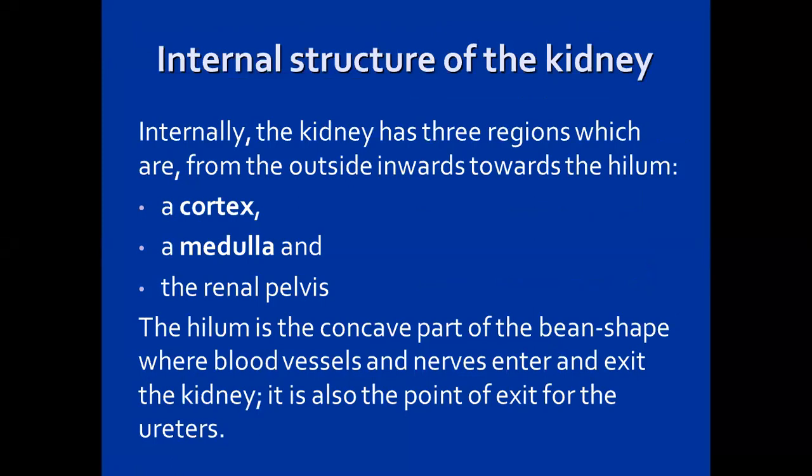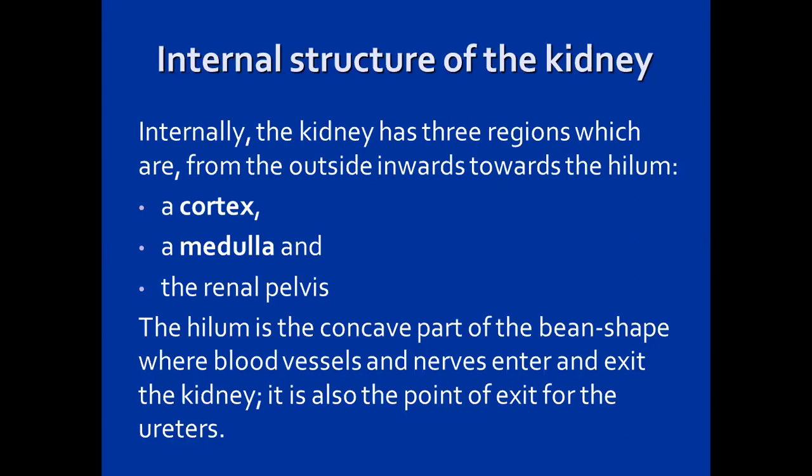So I'm presuming everything was okay with the external structure of the kidney. And then yesterday we started with the overall internal structure of the kidney. I'm just going to go through that again to make certain that you do understand it. So internally, the kidney has 3 regions, each approximately 1/3. And working from the outside inwards towards the hilum, in other words, from the convex surface towards the concave surface, they are